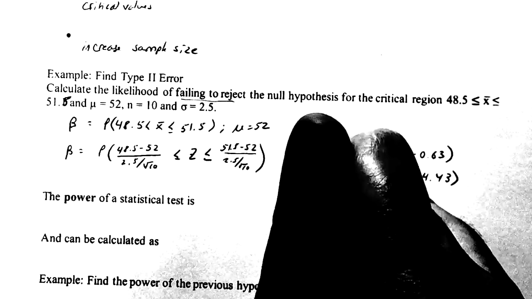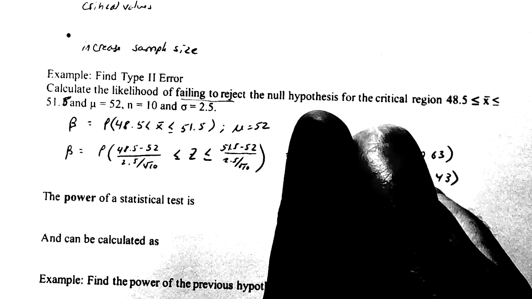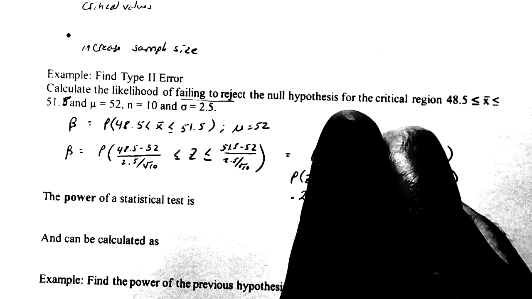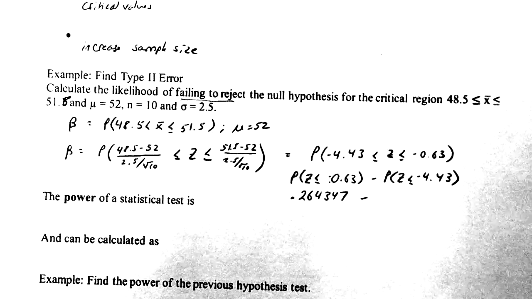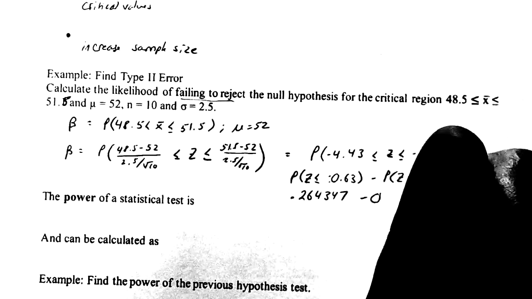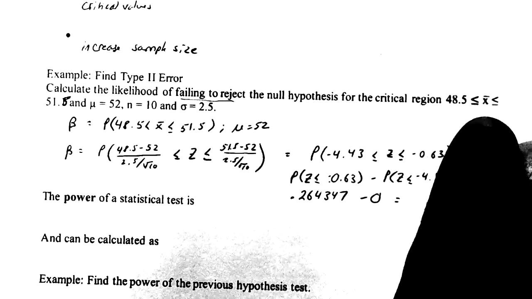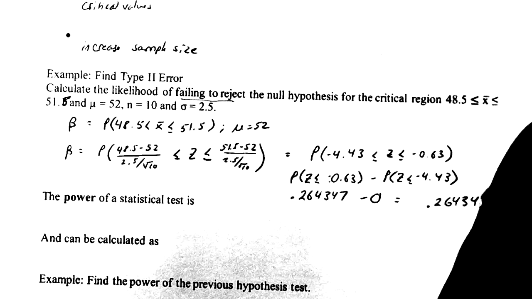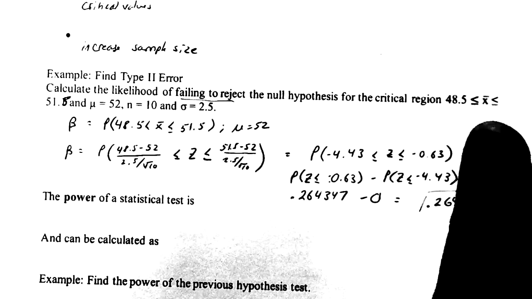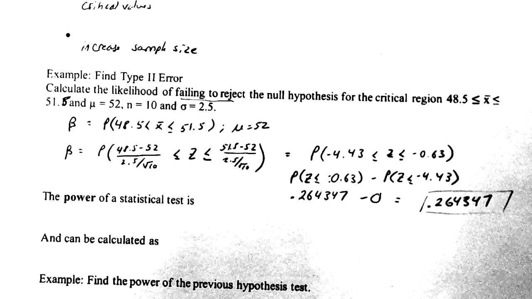Negative 0.63 is 0.264347, and negative 4.43 is all the way off the table at 0. So we know that the probability that we would accept a mean in the critical region under false pretenses is